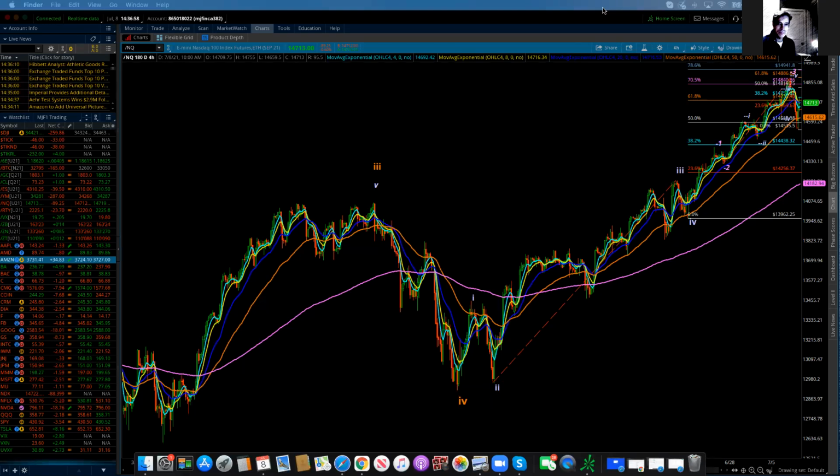So my point being is that I am going to label it as sub-minute wave 4. And that would suggest that we're in a sub-minute wave 5 advance, which should be the last advance, because the sub-minute wave 5 completes a minute wave 5, which completes a minor wave 5, which completes an intermediate wave 5, and which completes a primary wave 3. So, long story short, we continue to stare down the barrel of the beginning of a primary degree fourth